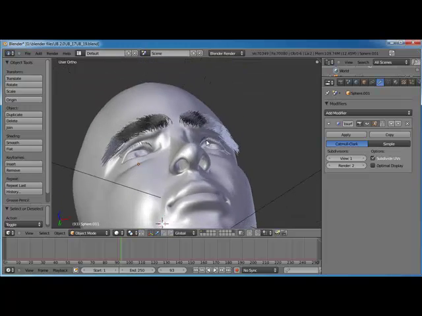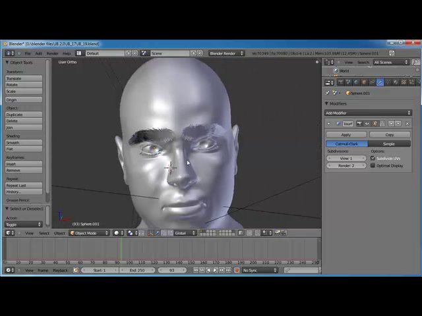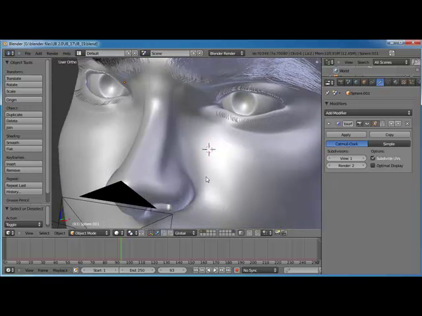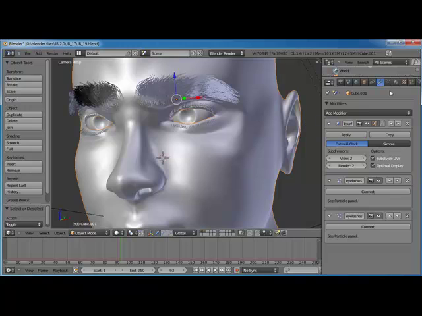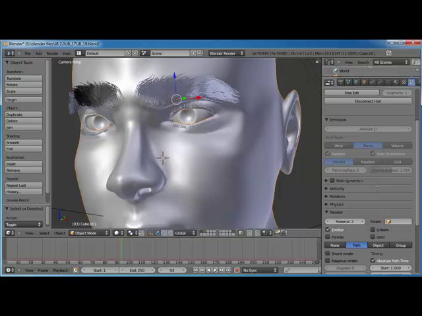And there we go. So maybe that'll look a little bit better. Just maybe too far. There we go. Okay, let's go ahead and save. And let's go ahead and do a test render. Let's see what this looks like. Well, you know what? Before we do that, let's go to our particle settings for our eyelashes, and let's go